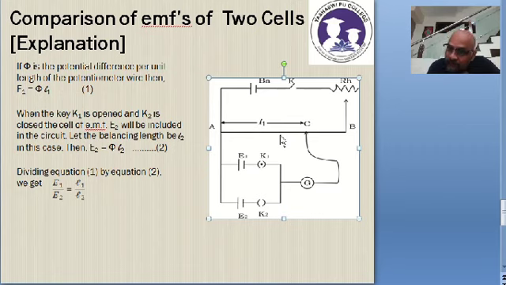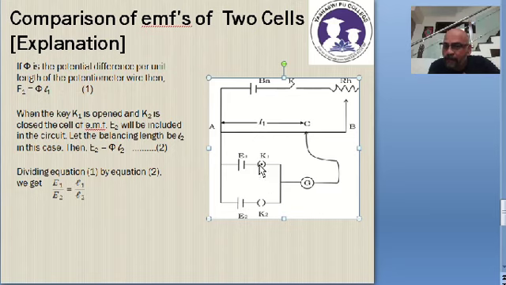If the galvanometer shows zero deflection, then the potential of the battery and the potential of the cell are cancelling each other. So now you can measure: E1 is proportional to L1. If E1 is more, then L1 is more. If E1 is less, L1 is less. That's it. So when you press key K1, cell E1 is included; measure the balancing length L1. This balancing length L1 is proportional to E1.